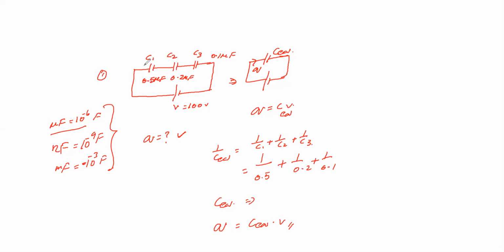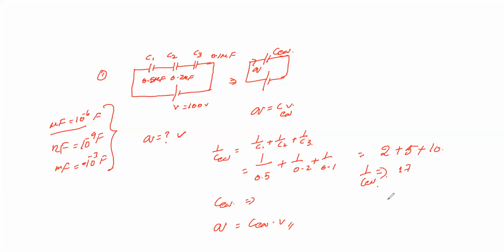Okay. So now உங்களுக்கு வந்து டிவைட் பண்ணி சொல்லிடுறேன். So 1 divided by 0.5. So இது மாதிரி நான் வந்து சால்வ் பண்ணிக்கிறேன். Suppose இது 2 plus so 1 divided by 0.2. So it is 5 plus and 1 divided by 0.1. So it is 10. So நான் இப்படி சால்வ் பண்ணிக்கிறேன். So இது எனக்கு easy. So if you see that in the relation, 2 plus 5, 7 plus 10, it is a 17. So 1 by C equivalent is equal to 17.